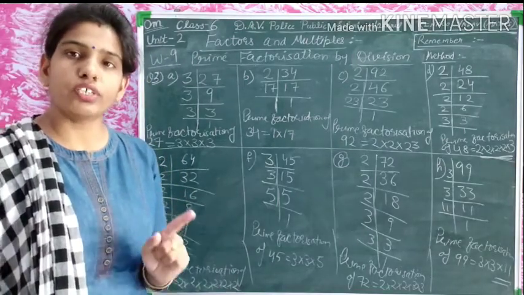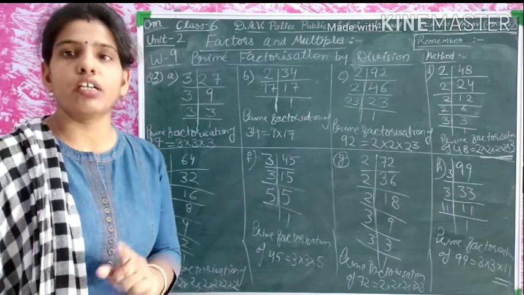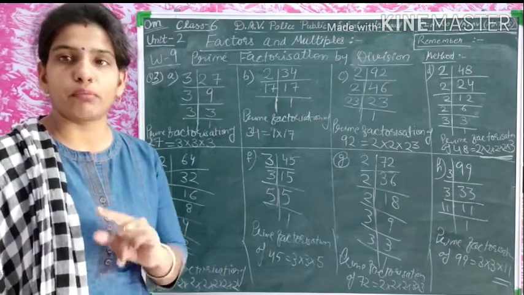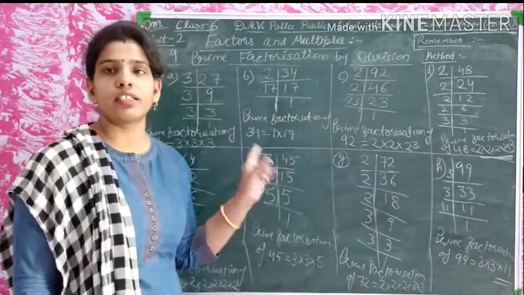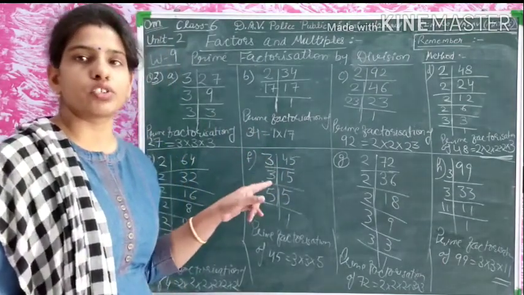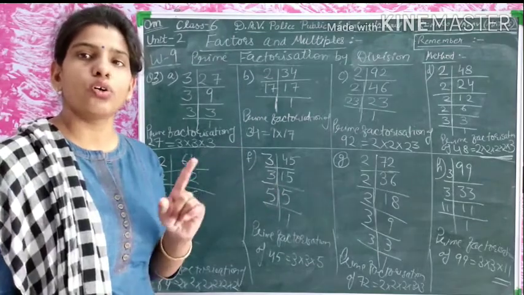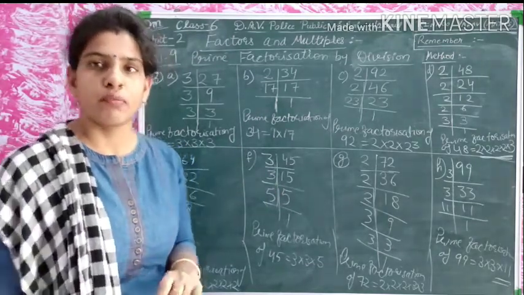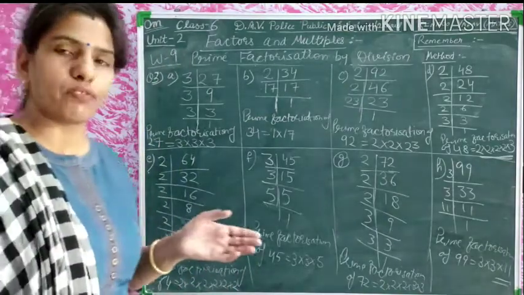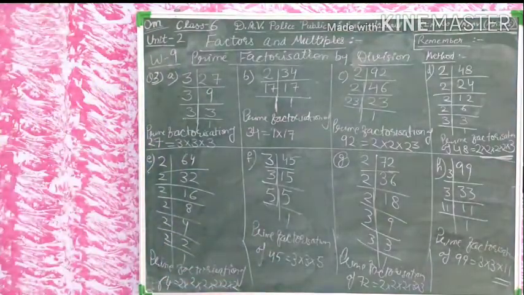Now we will have the least common multiple by this prime factorization method. So you have to remember it and revise these questions again and again. So you will solve these LCM questions in a very easy way. Now we will solve question number 4, a small fill in the blank question. Let's see.